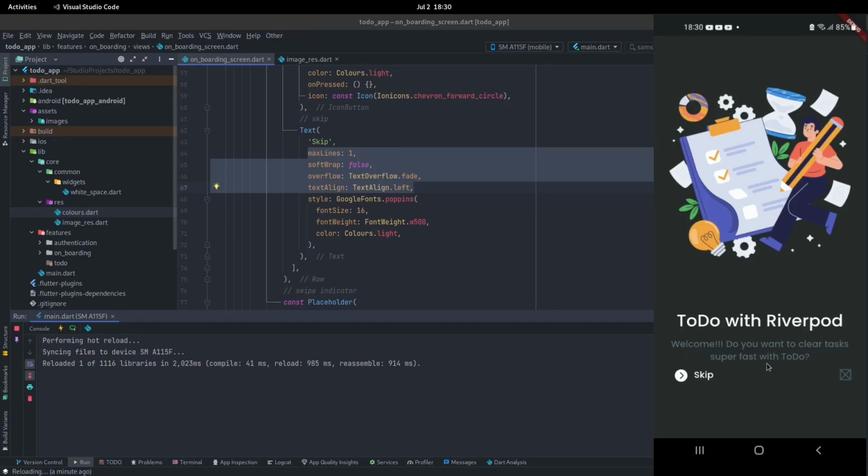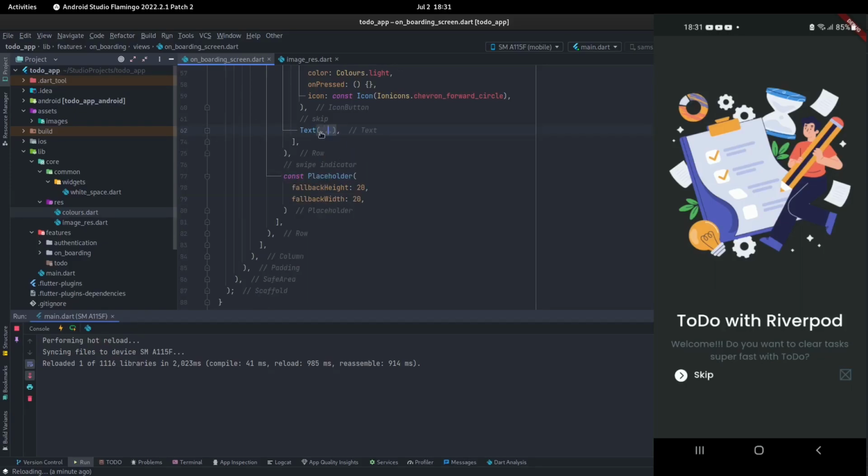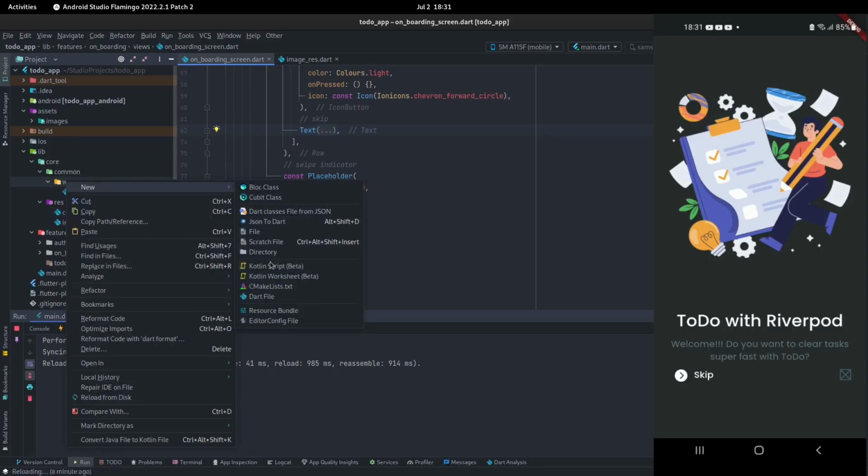Even for these texts, this one particularly to do with Riverpod, I don't want it to move on to the next line. This one it's okay, it can move on to the next line, but this one, if it's too long, we're just going to make it fade and not move on to the next line. So in order to do that, let's cut this text out and abstract it. All right. So let's take this and create a core widget called